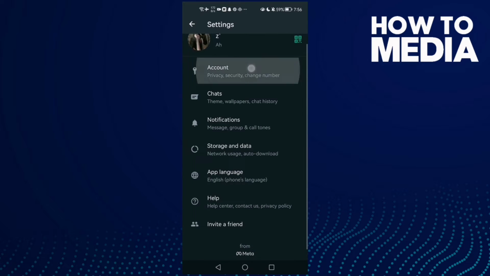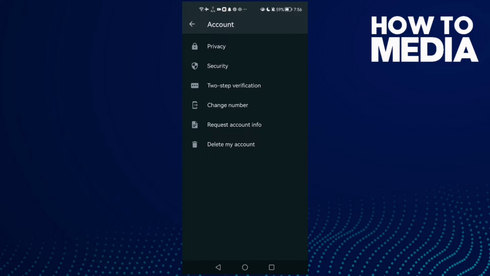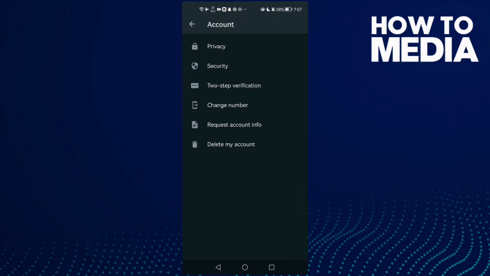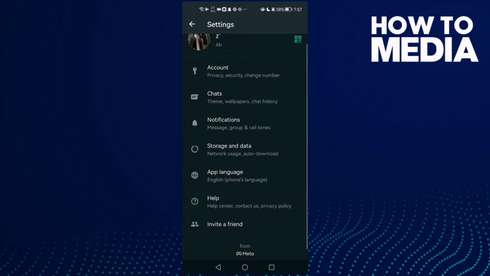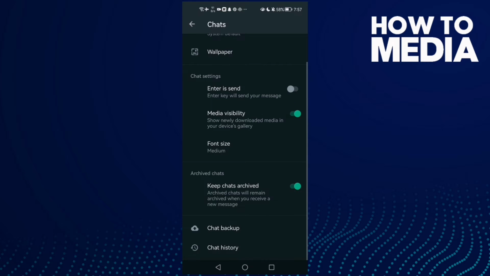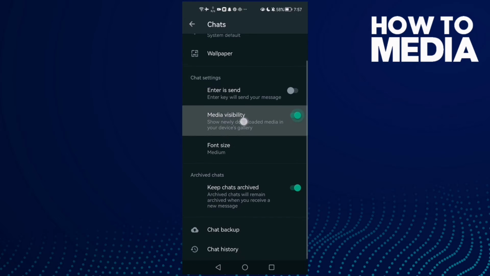and here click account and then click privacy, this one, and now just click wait, where is it? Not privacy, sorry, click this one here, chats, and scroll down and here we'll find media